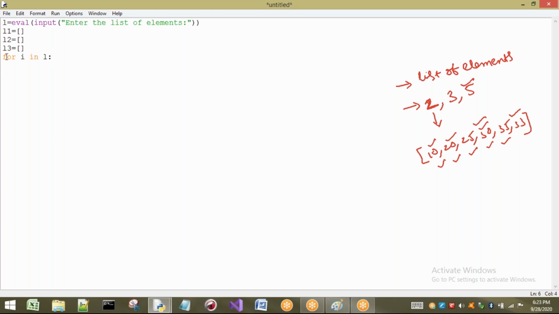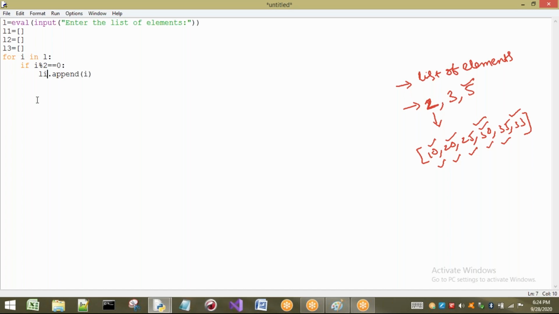So this is the case. So this for loop indicates what? For every element in L. So what I have to check? If I is divisible by 2, how to find that it is divisible by 2, 3 and 5? Just I will write I percent 2 equal to 0. That means if any number is divisible by 2, then automatically the remainder will be what? 0. Then automatically I can store it in what? For example, I am going to store whatever numbers are divisible by 2 in L1. So just I am going to write a statement called what? L1 dot append of I. Append of I, I am going to write.